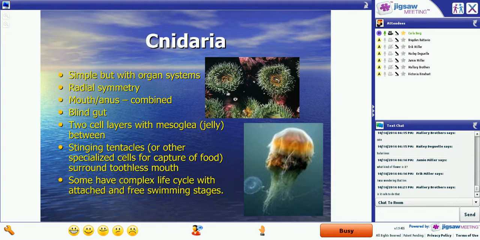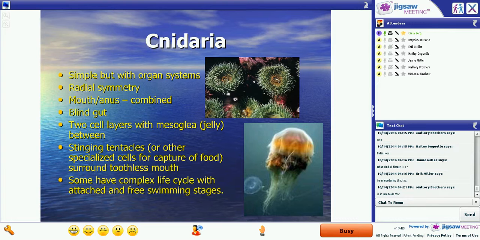Very good. Thank you very much, Victoria. Here is a picture of two cnidarians. We have a sea anemone at the top and a jellyfish on the bottom. If you look at either of them, you see the stinging tentacles. On the jellyfish, they're hanging down. On the anemone, they're facing up. Either way, those are the stinging tentacles that are used